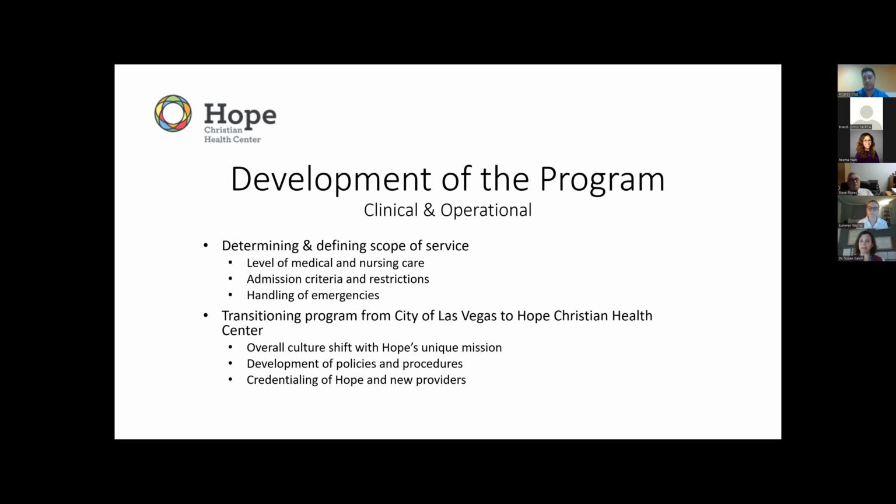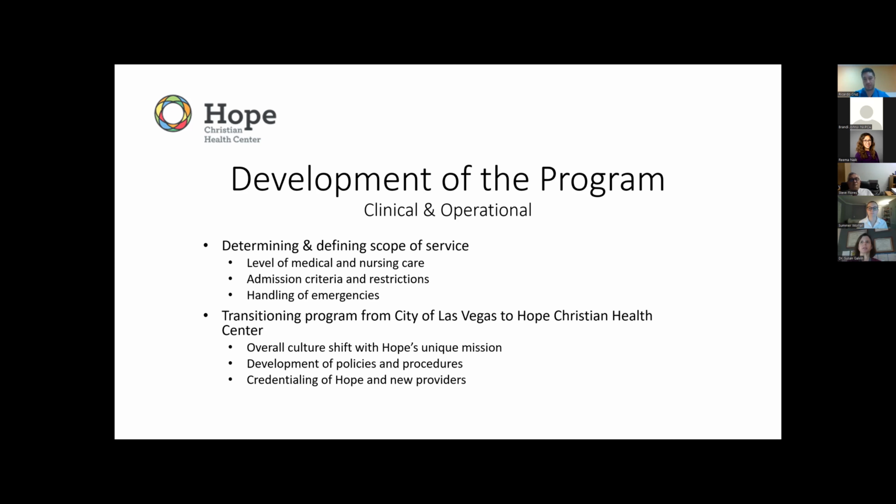So when we came in and Dr. Cruz took over as the medical director, there was a huge culture shift because we see this as part of Hope and as part of our unique mission, which is excellent medical care regardless of a patient's ability to pay. So we require in our clinics that our care has to follow the most up-to-date medical standards, and it has to be provided with compassion because in our eyes, we recognize that everyone is made in the image of God. So just because our patients are homeless doesn't mean that they're less worthy of the best care.